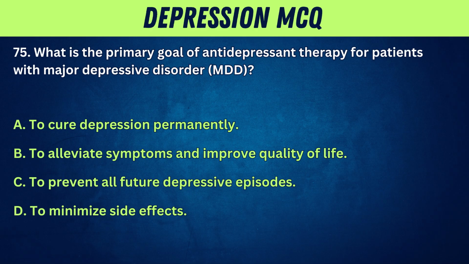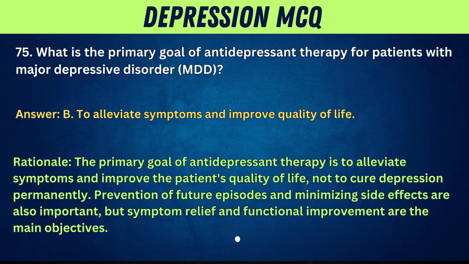A. To cure depression permanently. B. To alleviate symptoms and improve quality of life. C. To prevent all future depressive episodes. D. To minimize side effects. Answer: B. To alleviate symptoms and improve quality of life. Rationale: the primary goal of antidepressant therapy is to alleviate symptoms and improve the patient's quality of life, not to cure depression permanently. Prevention of future episodes and minimizing side effects are also important, but symptom relief and functional improvement